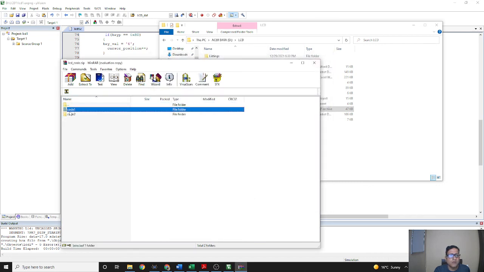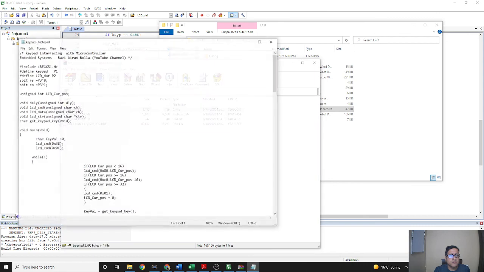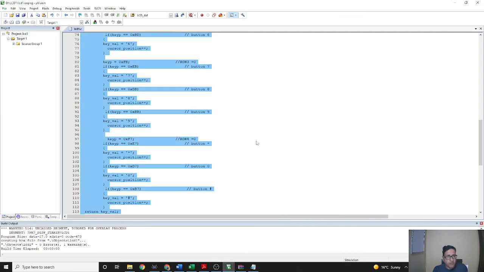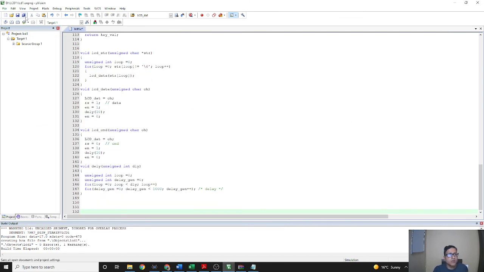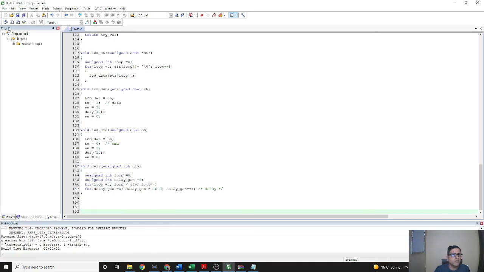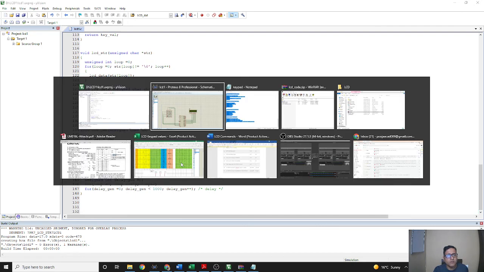Control A, Control C, Keil Vision, Control A, Control V. We have to stop this simulation before that, and we will again go to this, save it, build it, and give the path here.